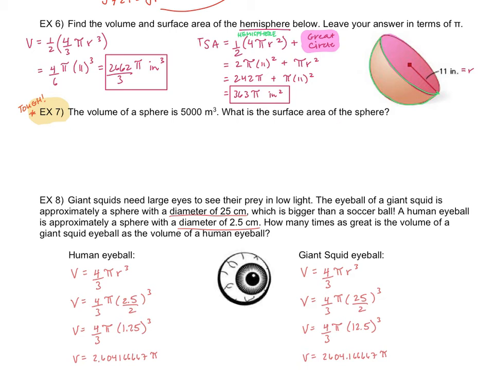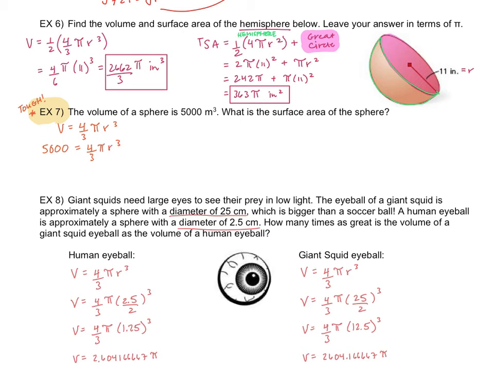Ooh, this is a little tricky because we really don't have one common equation we can use. It gives us information for the volume, but it wants us to find the surface area. If we compare those two formulas, the thing that's in common is our radius. So maybe what we have to do is take our volume formula and solve for r. So I can plug in 5,000 for that volume, and I have that equals